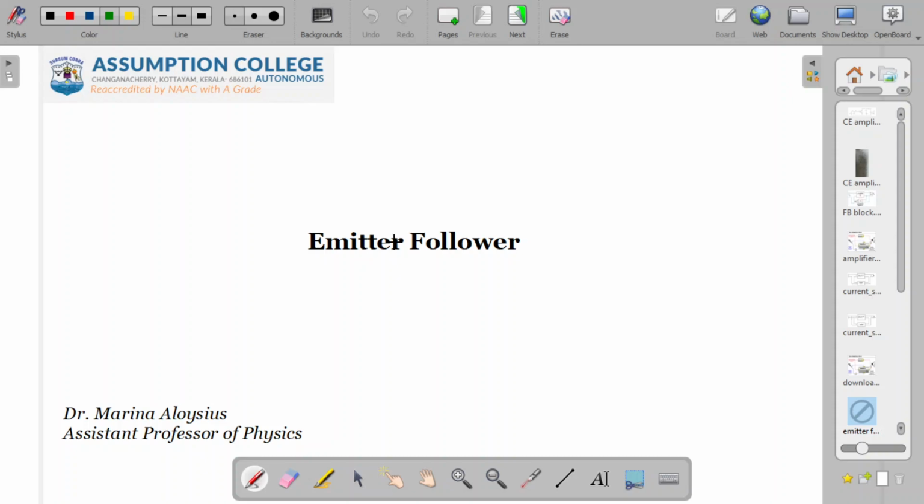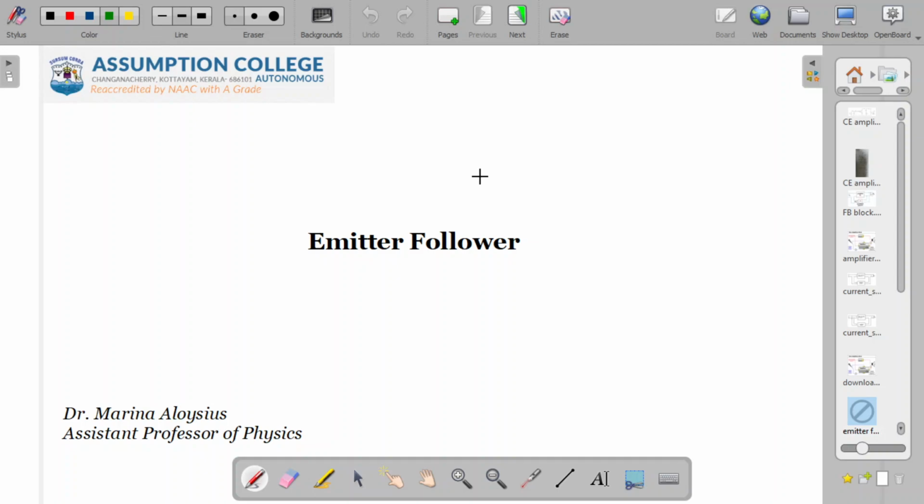Hello students, you have learned about transistor amplifiers, how they can be connected in various configurations, and how proper biasing can be done for transistor amplifiers. All these you have learned with the help of a common emitter amplifier. And today we are going to learn a different configuration, that is a common collector amplifier,